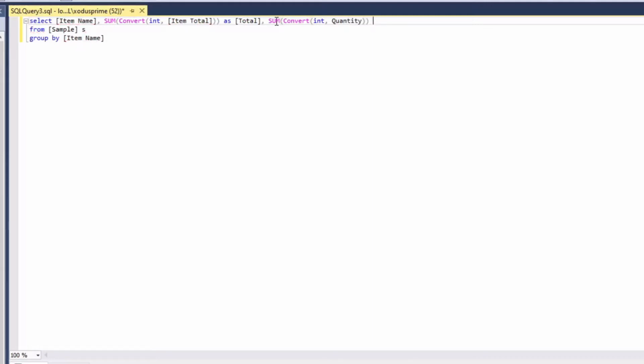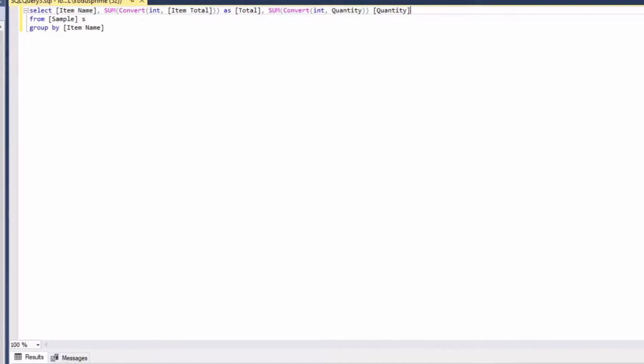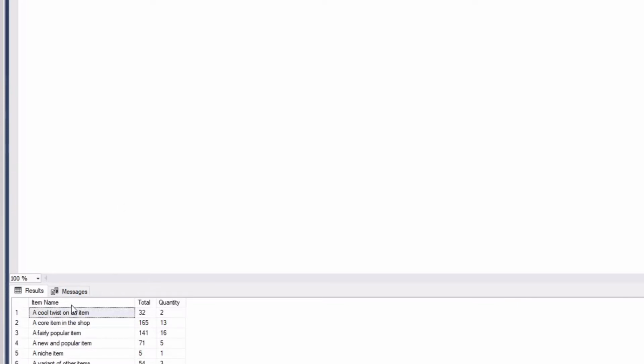Right? And this will be our quantity. And you'll notice that because I'm performing functions on this, it's not bringing in the name quantity, right? Because this value here isn't the quantity. It's a quantity converted to the integer and then summed together. So if I don't specifically tell it to call it quantity, much like when I didn't tell it what to do with the item total, it won't give me a column name. So there we go. Now we've got the item name, the total of the sales, and the quantity of items